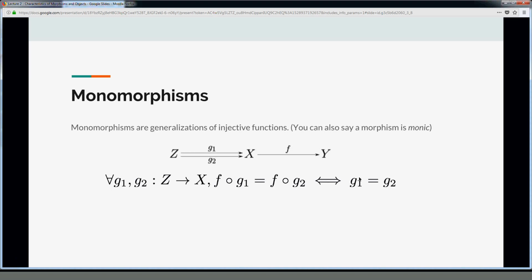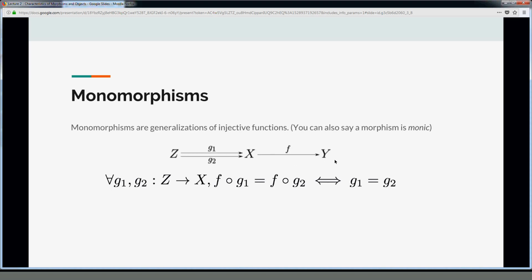They are generalizations of injective functions. You could also say that a morphism is monic. So monic would be the adjective, and a monomorphism would be the noun. So the definition of a monomorphism is